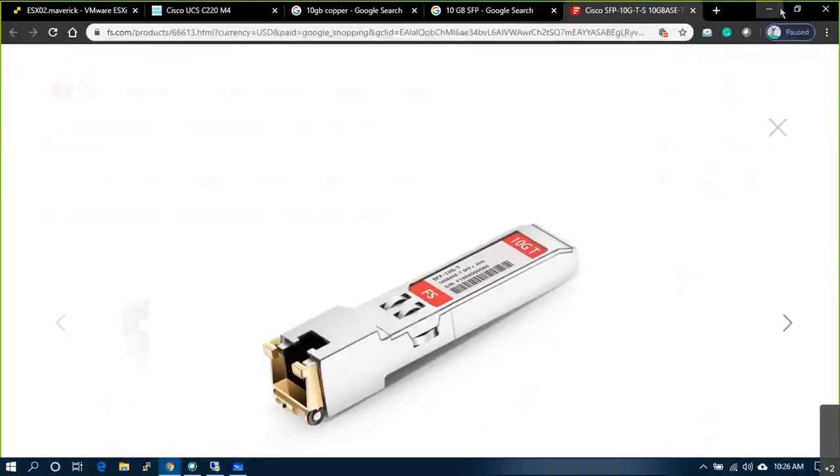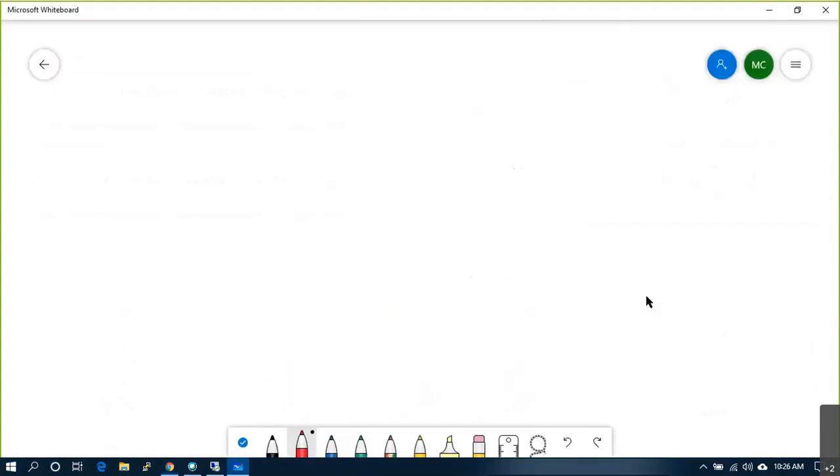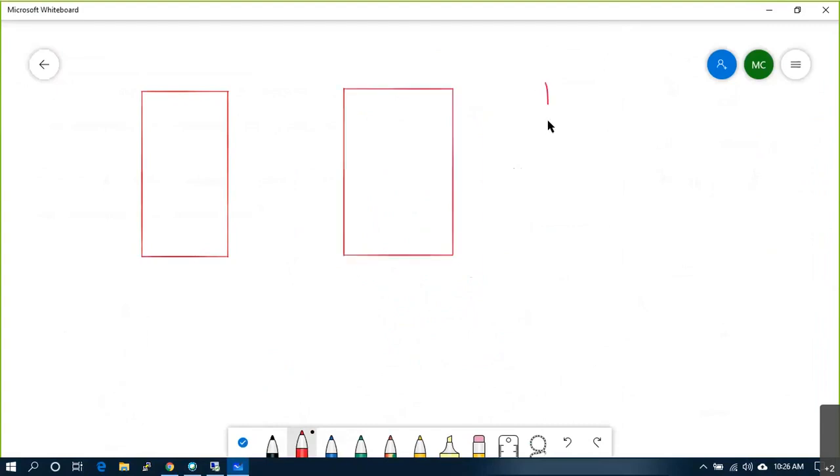How does the connectivity look? Let me draw a picture and explain. Then we'll go ahead with the 1 GB configuration. I have three different ESXi hosts.